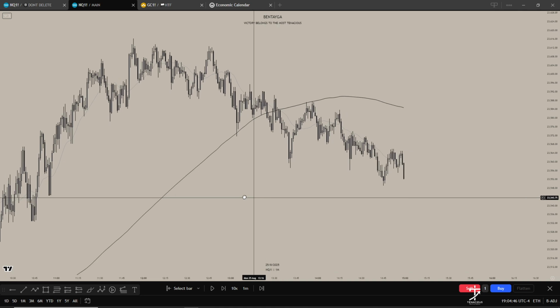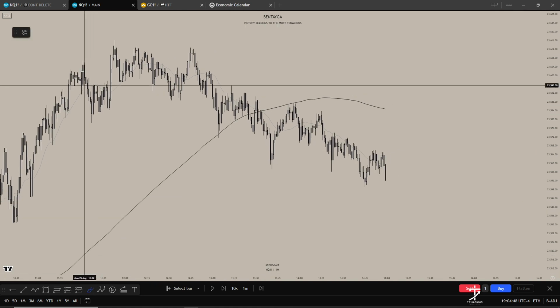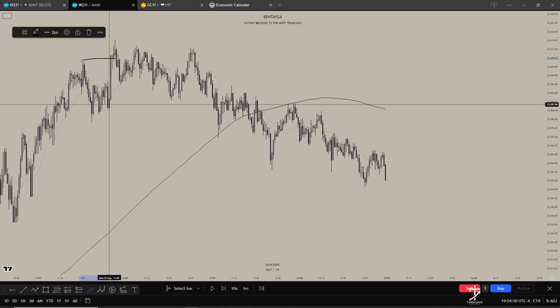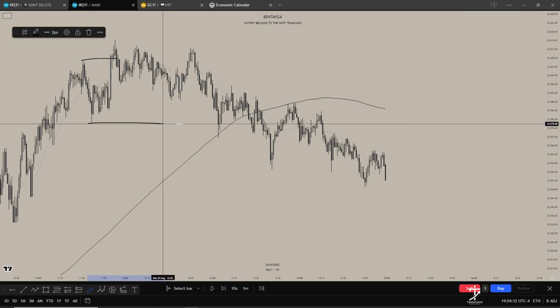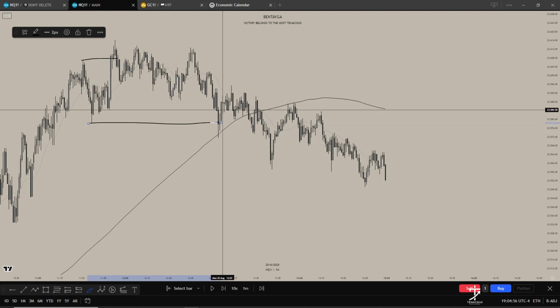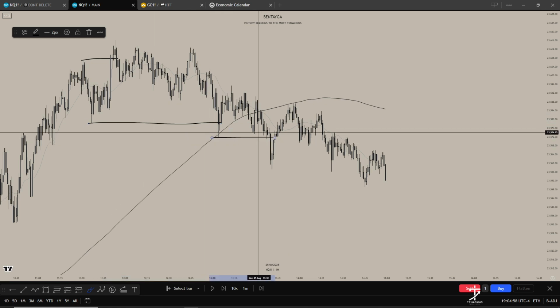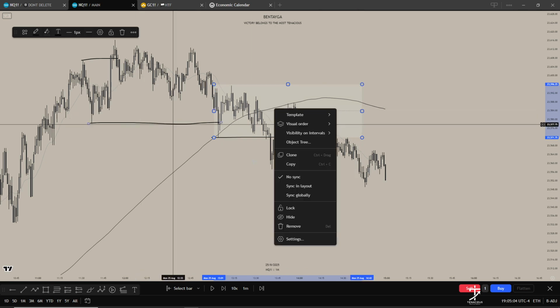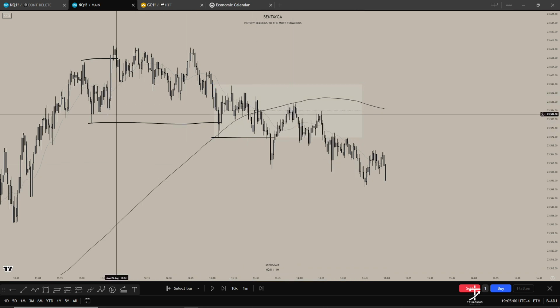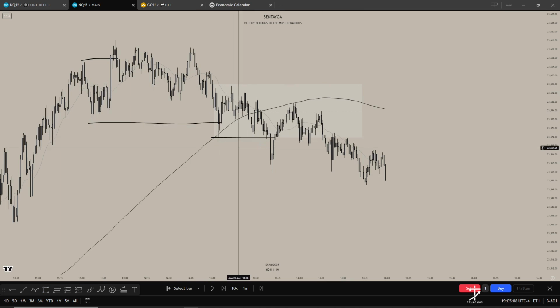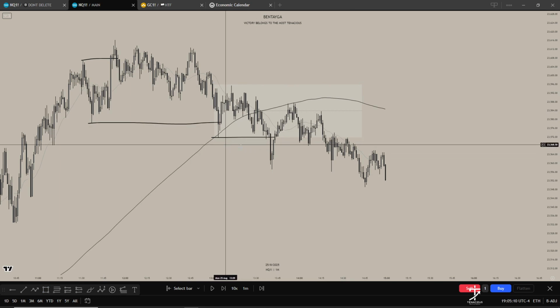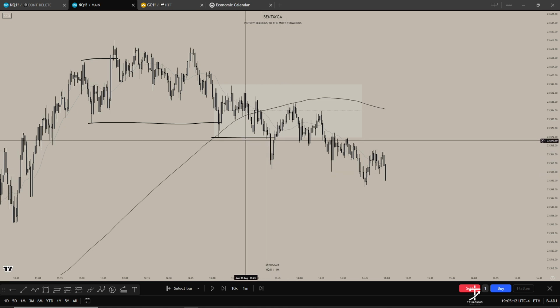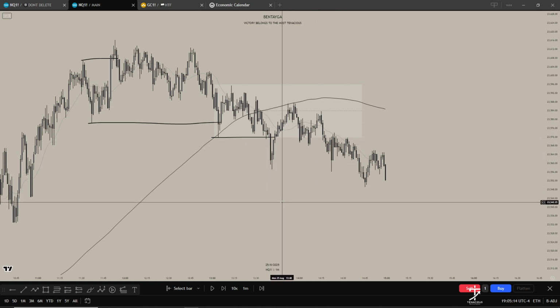and if we look at things from a structural point of view, we took out this high, then we took out this low. Let me just double check. Yeah, we took out this low, and then we took out this low. So this is the confirmed flip here. So anything after this zone here is valid, because this was a market structure shift, and then this was a confirmed market structure break. So now we are really to the downside. The SMAs are telling me that price is really to the downside.